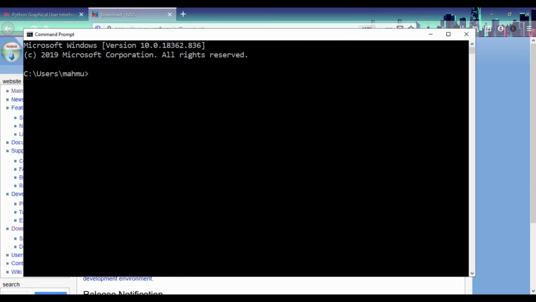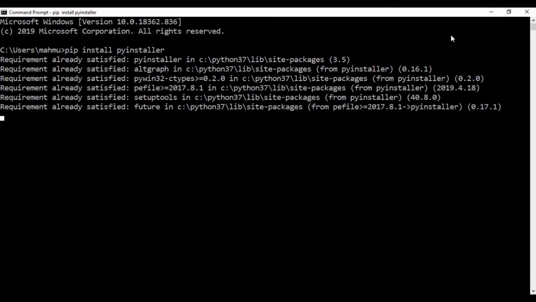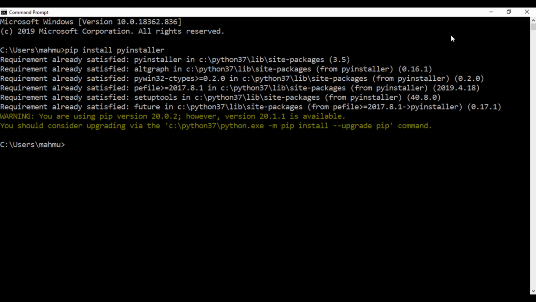So from our command line, we're going to be using PyInstaller, and to do that, you're going to just say pip install pyinstaller. Just like that. So I'll just press the return key and wait for that to check. Now I already have PyInstaller installed on my system, so it's going to tell me that that requirement is already satisfied. So just make sure you have PyInstaller installed, and make sure you have Nullsoft NSIS installed,